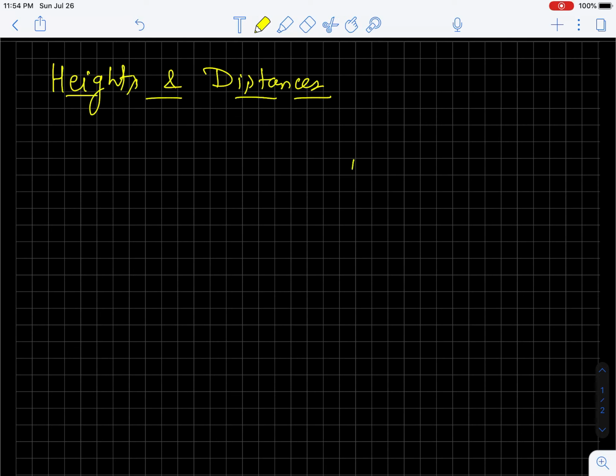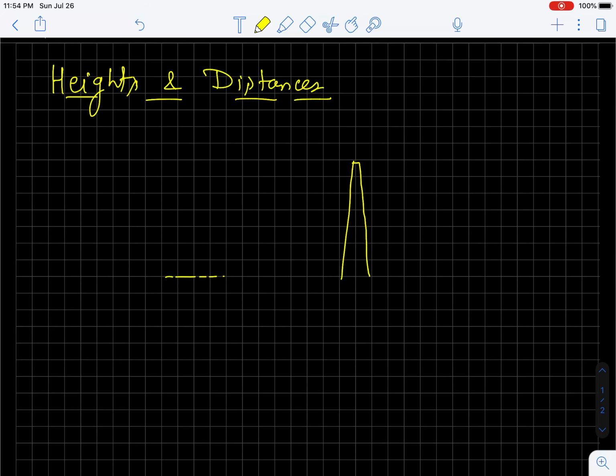Let's say there's a tower, and some person is standing on this tower, of negligible height. This is the observer's eye and this is a stone. Now when this person watches this stone, this line is referred to as the line of sight. With respect to this viewer watching a stone, this angle is called the angle of depression.